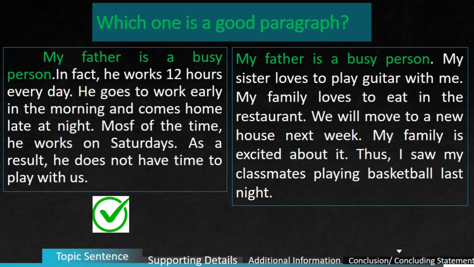Unlike in our next paragraph, my father is a busy person. My sister loves to play guitar with me. Looking at the second sentence, this one has nothing to do with why my father is a busy person. So this is already another topic that we can write. And my family loves to eat in the restaurant. This is another topic too, or topic sentence. And both of these have nothing to do with my father is a busy person. That is why the first paragraph can be considered a good paragraph if we are to compare the